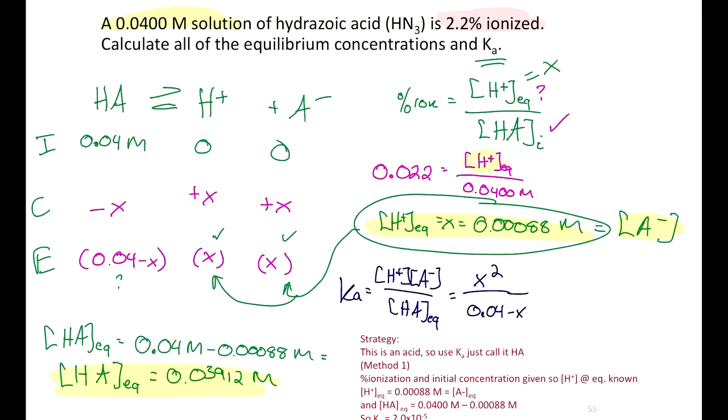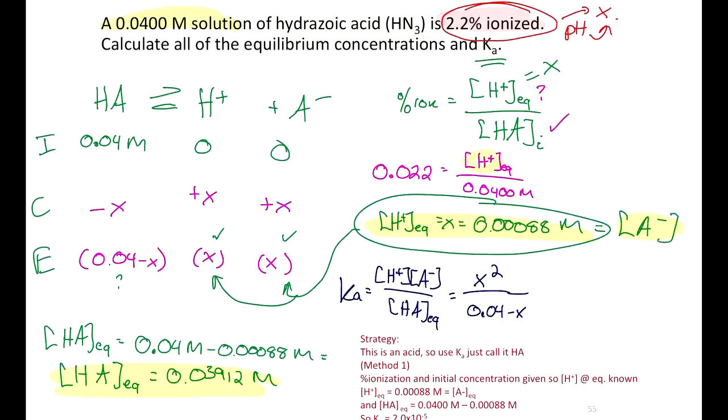And so, we could put the X values in again and just solve for it, but I have those equilibrium concentrations there as well. And so the idea is this is no different than what we did in the previous two questions, but with the information given with percent ionization, this is how we get X. This is the hint to the ice table. All right, if I gave you pH, it's another way to answer the same question. pH gives us a hint as to what X is in our ice table